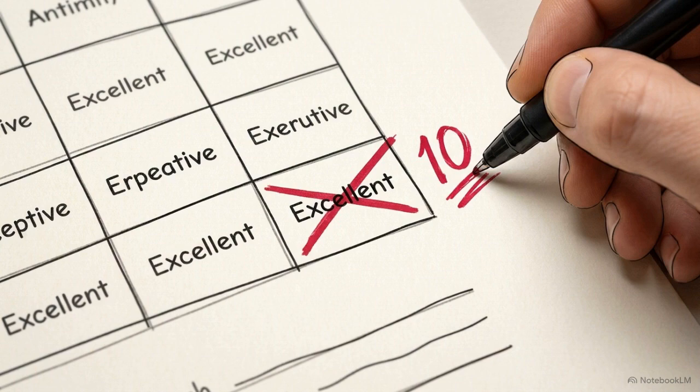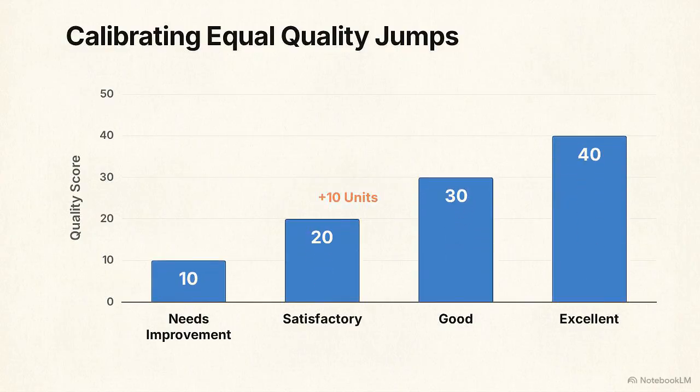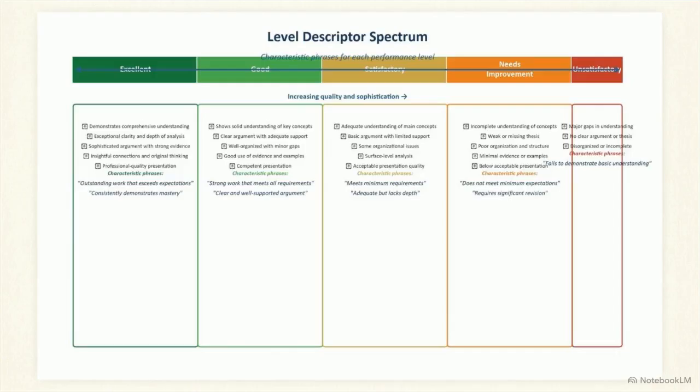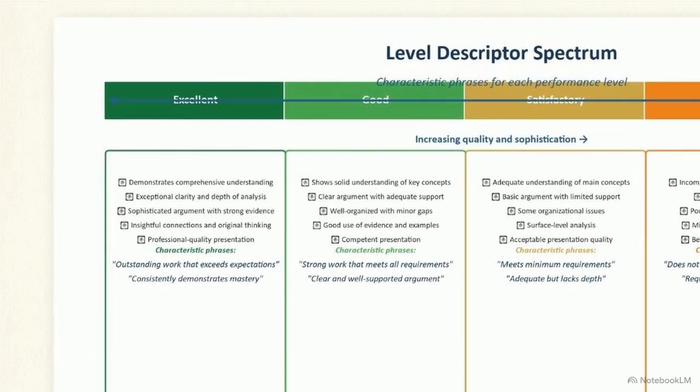Next, we need to calibrate the level descriptors. This ensures the quality jump from satisfactory to good equals the jump from good to excellent. This chart shows a level descriptor spectrum with distinct characteristic phrases for each performance level. A common mistake here is using mere enthusiasm words, like just adding the word "very," instead of defining qualitatively different